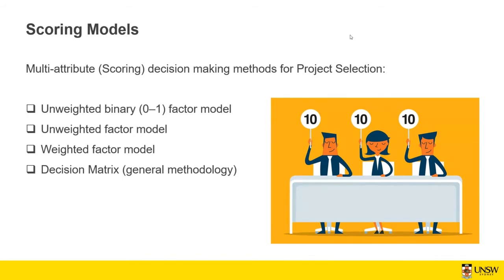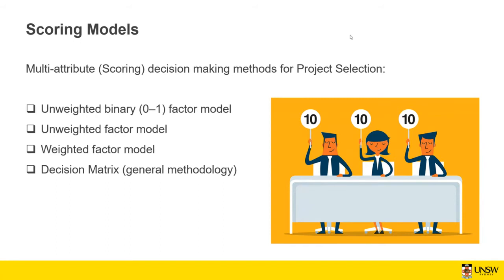So one basic model is the unweighted binary model, or 0 to 1. Either you meet the criteria or you don't. Unweighted means that all selection criteria are equally important, so no criterion is more important than another. The other is the unweighted factor model, which is not binary anymore, so it's not either have it or not have it, 0 or 1. It's going to be a scale, like from 0 to 5 or 0 to 10 or 0 to 100,